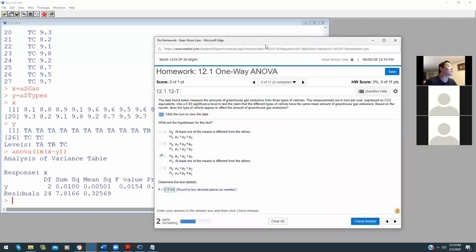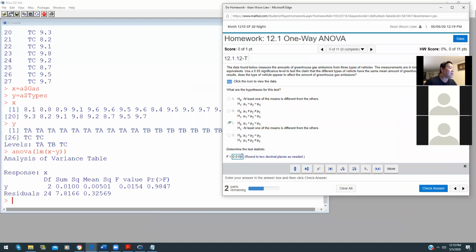Oh, 2 decimal places. Didn't read the question carefully. So 2 decimal places is 0.015. No, 2 decimal places, sorry, 0.02. Didn't read the question carefully. And then